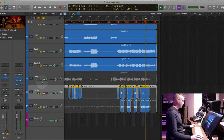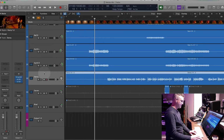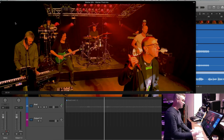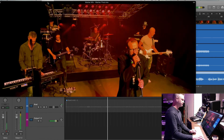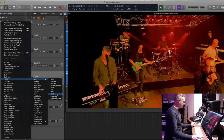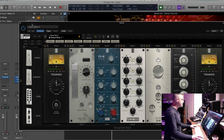Okay, we've only got one to go, and that's Danny's vocal. I know that Danny's done a lot of these before, so he is right on that dynamic mic. It's a 935 wireless, a Sennheiser, I believe. Now I have a normal vocal channel that I've used before with Sarah Lloyd, so I'm just going